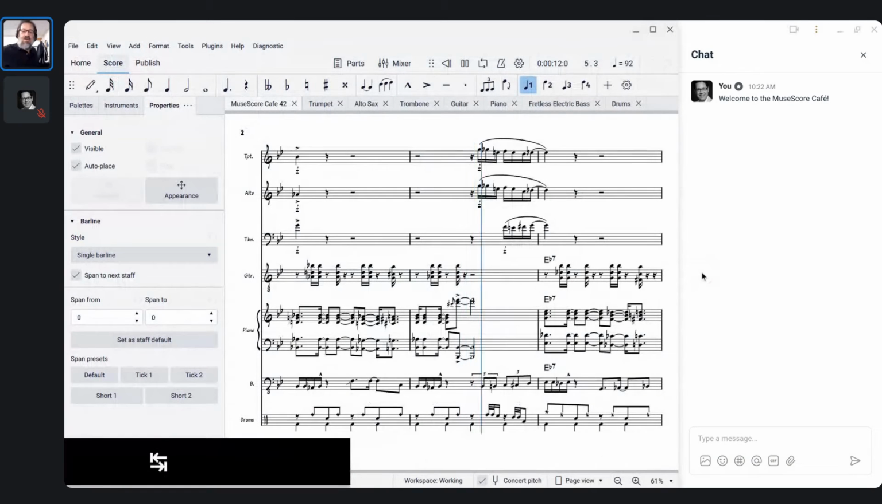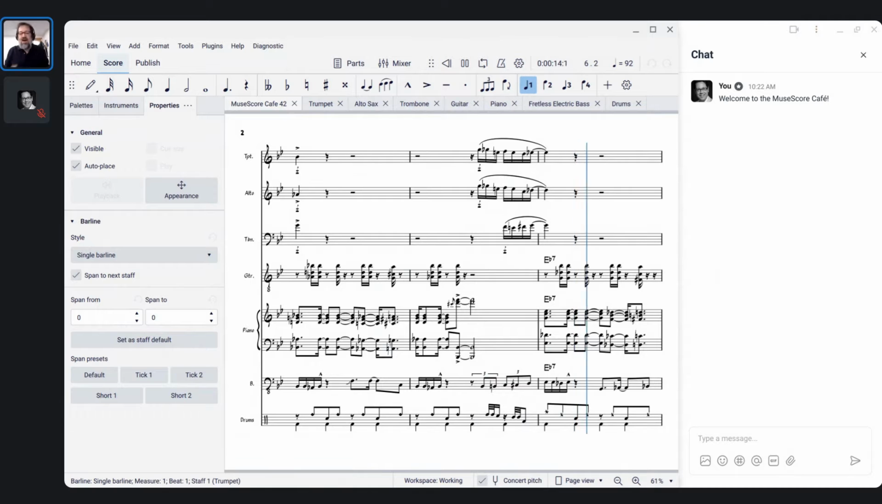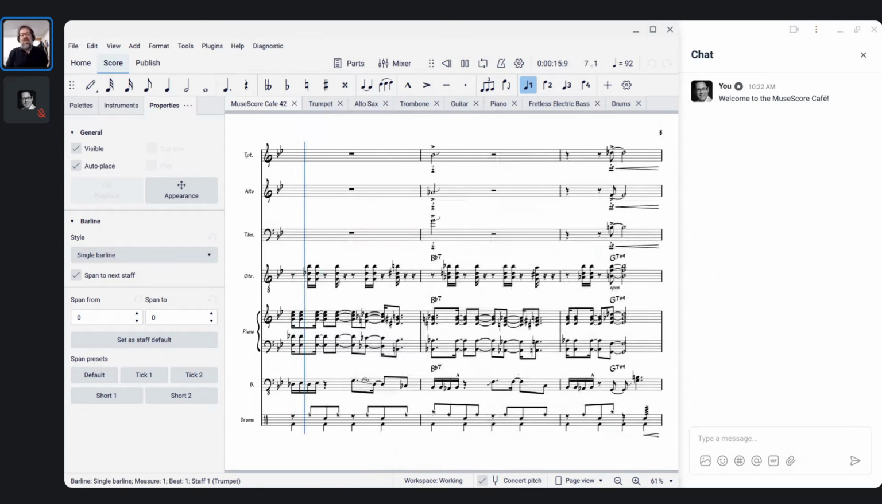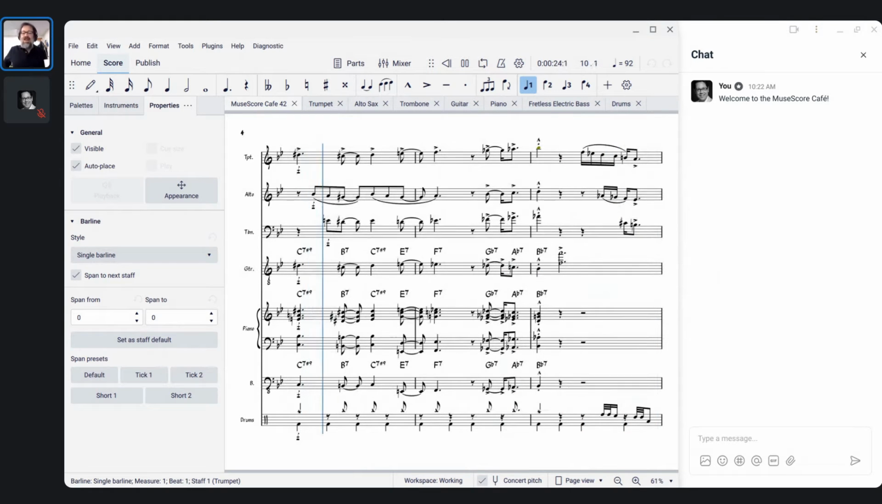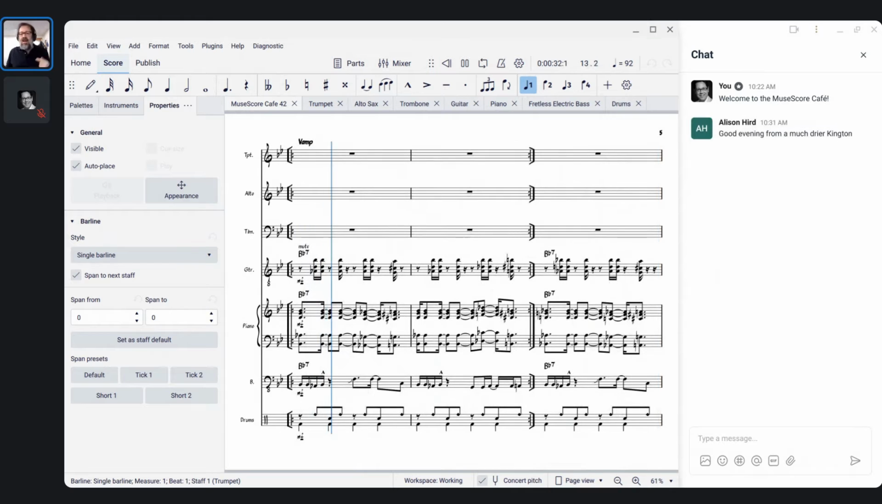For those of you who are new, this is my weekly series. We talk about some aspect of making music using MuseScore, all the ins and outs of using the program, where we've been, where we're going, answering questions, and so forth. Usually I have a particular theme that we talk about every week, and today's theme is basically